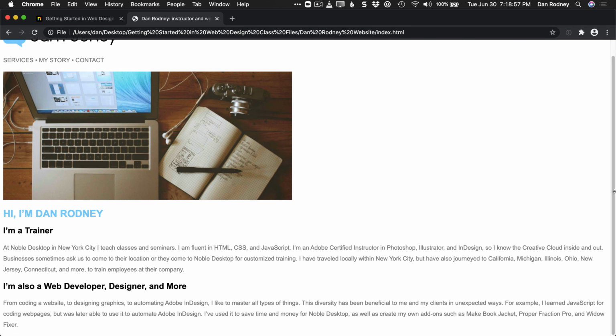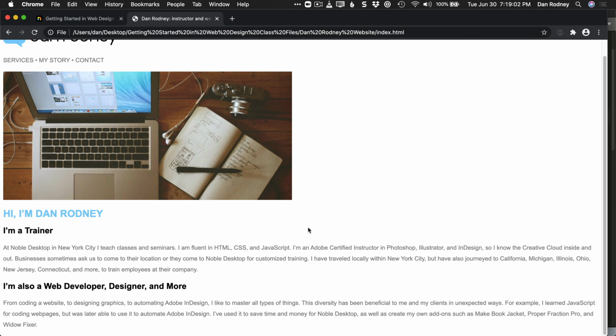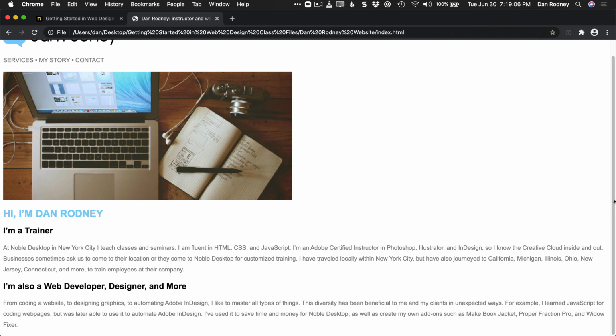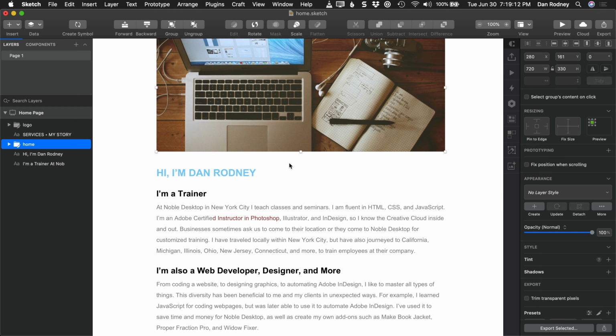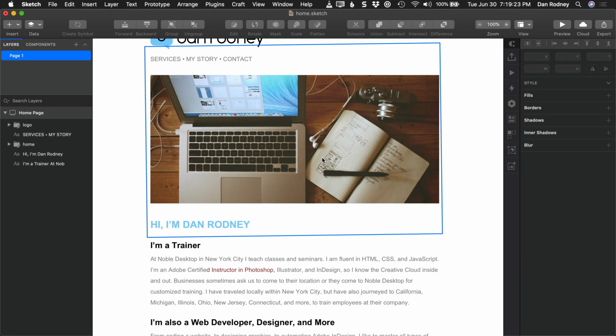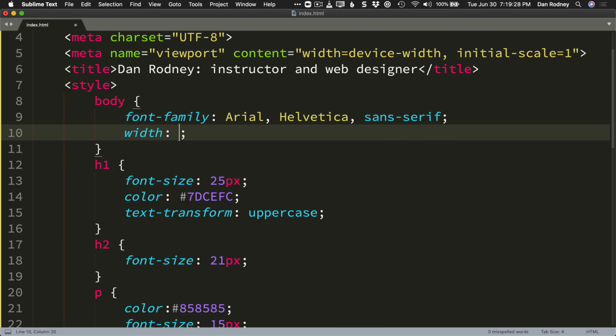There's also other things that I'd like to do on the body, such as not allow it to get too wide. This page is allowed to get the full width of my browser window, as big as the screen. So this text could get really, really wide and not look very good. So let me go back to my design. And when I select the photo, I can see that the photo's width over here under W is 720. So I want to limit the page to being 720 pixels in size. So I'm going to go back over to my code, and I'm going to set this width to be 720